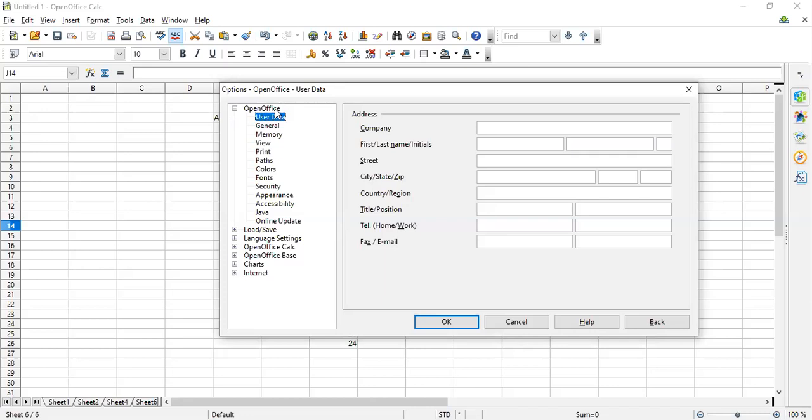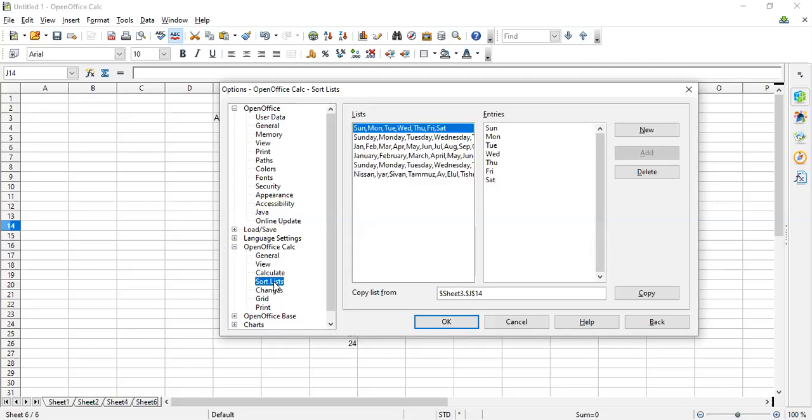In this OpenOffice you'll find OpenOffice Calc, you'll find sort list, right?